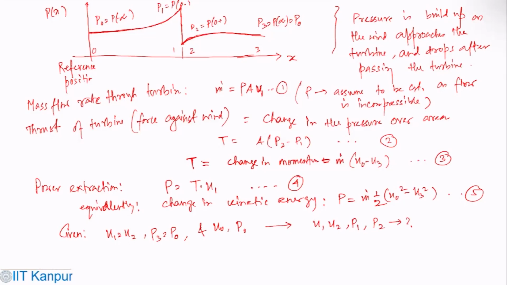Okay. So the first equation that we have: thrust equals A into (P2 minus P1) equals m dot (U0 minus U3). Okay. So that's what we have, and now using